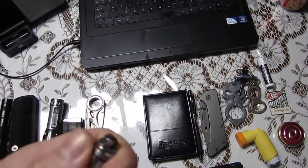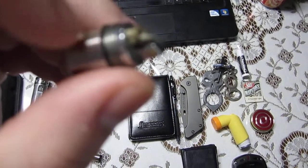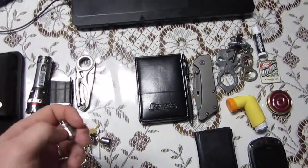This thing is super cool. It lights super easy, and because it has a rubberized O-ring on it, it doesn't leak fluid like most normal Zippos do. So let me just screw that back in real quick. Again, I apologize for the horrible camera shooting today. I'm doing this all by hand, and it's really kind of